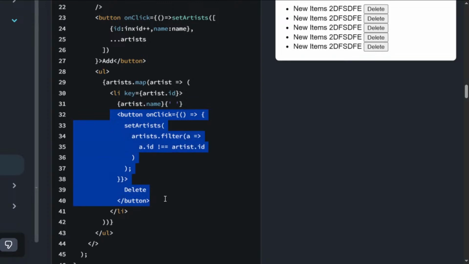My key value is artist.id. When I click on any item of this list, it calls artist.filter. I'm going to update my artist list, and I'm going to filter my artists on the basis of